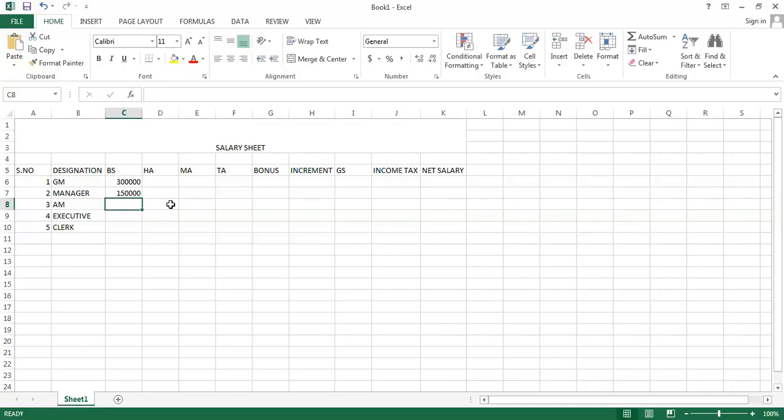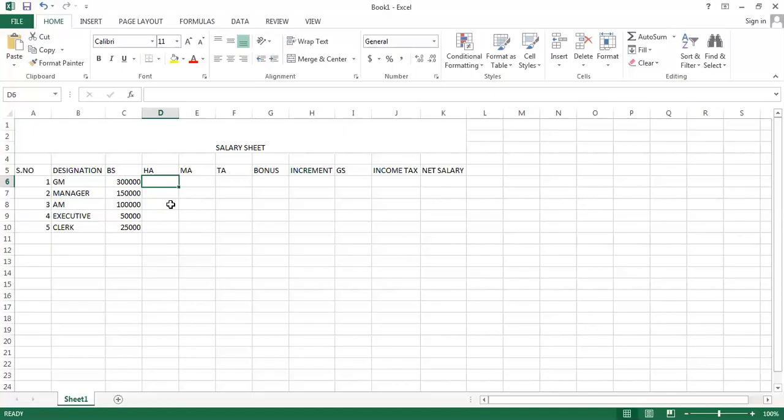The salary of assistant manager is 1 lakh. The salary of executive is 50,000, and the salary of clerk is 25,000. So these are the salaries. Again, I have considered them hypothetically.